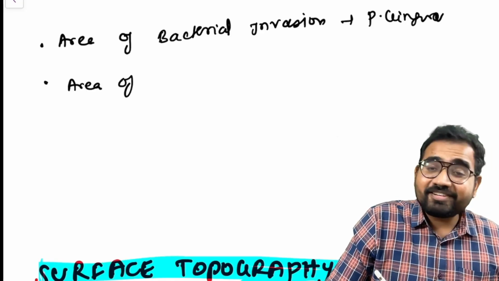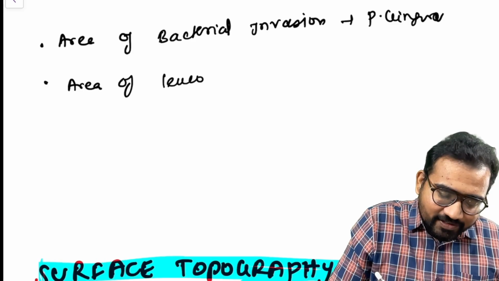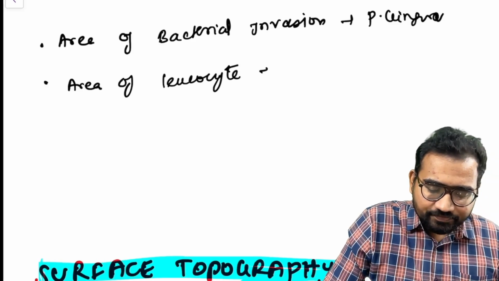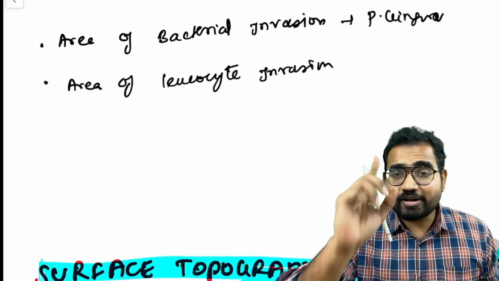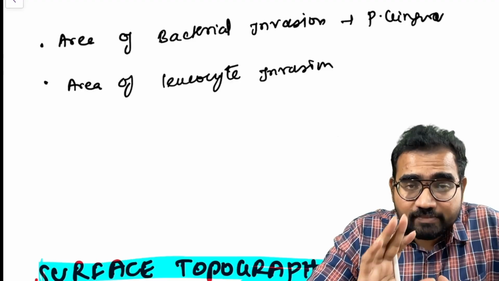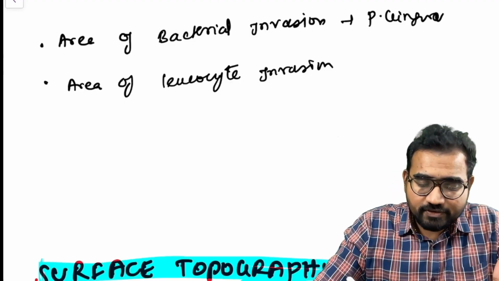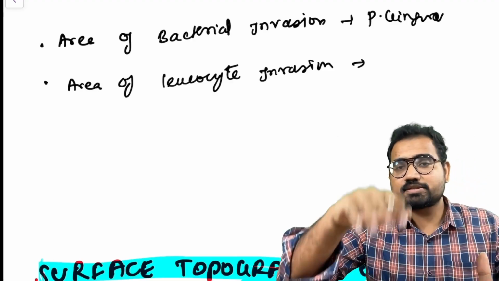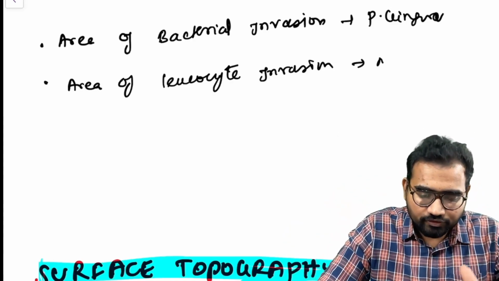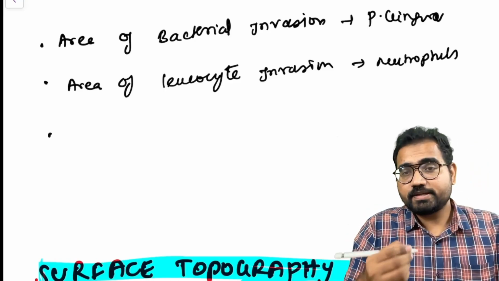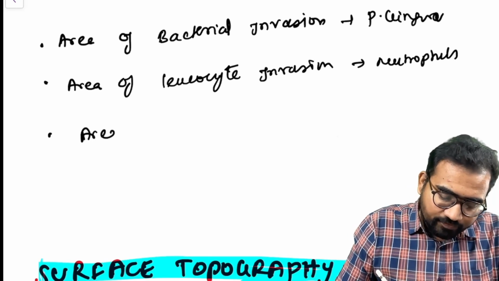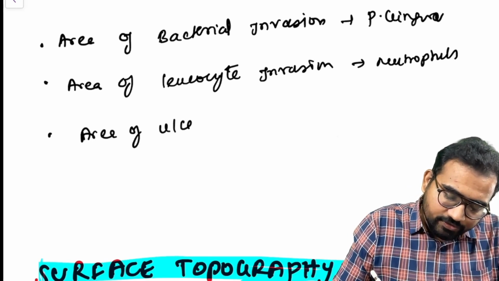Area of leukocyte infiltration, neutrophils, right? So what happens, what does the body do? Okay, you are coming, then I'm also coming. So there will be area of leukocyte invasion where there will be increased migration of neutrophils, and once this takes place, there is going to be area of ulcerations